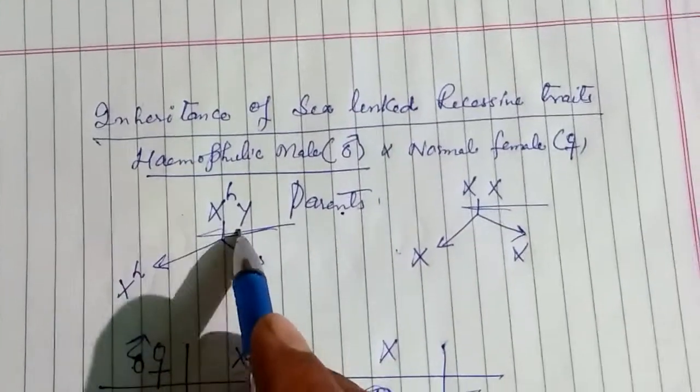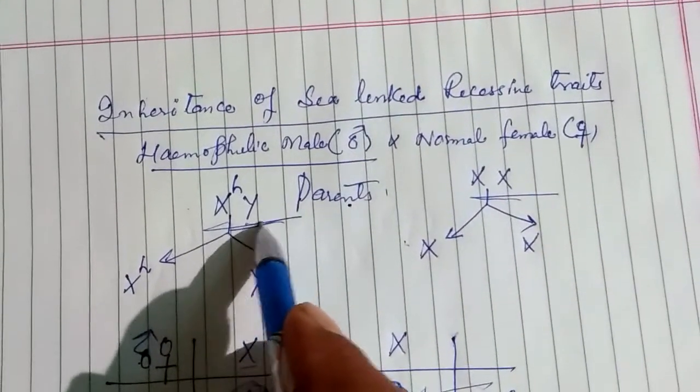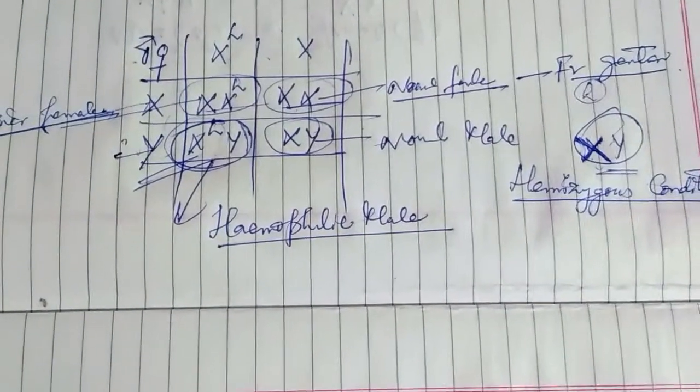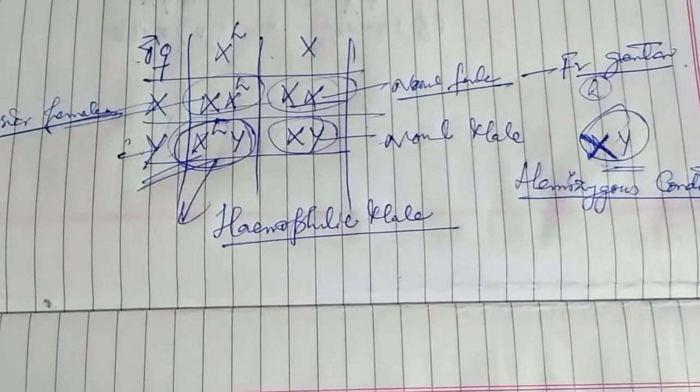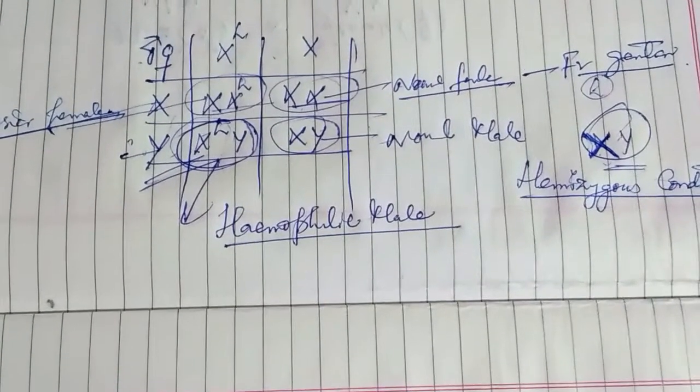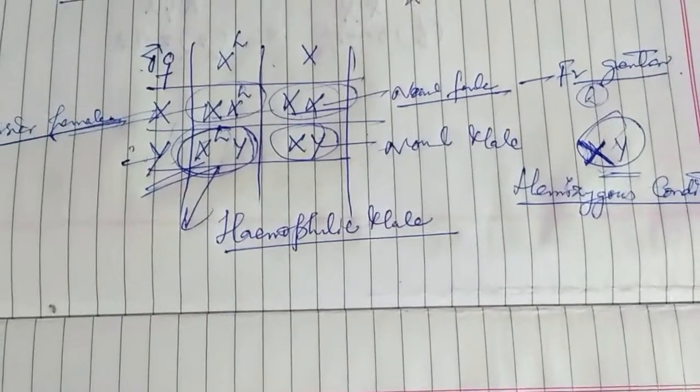So again we see that the hemophilia from the first generation males gets transferred through the carriers of the second generation to half of the males in the third generation. So we say that the trait of hemophilia gets transferred from first generation males to half of the third generation males through second generation carrier females, and that is why this type of inheritance